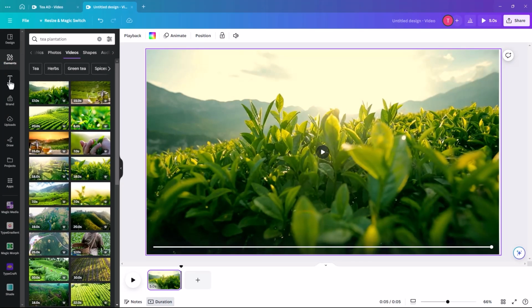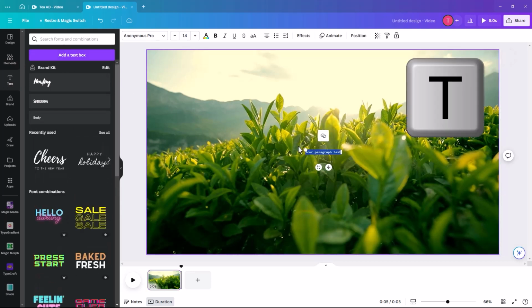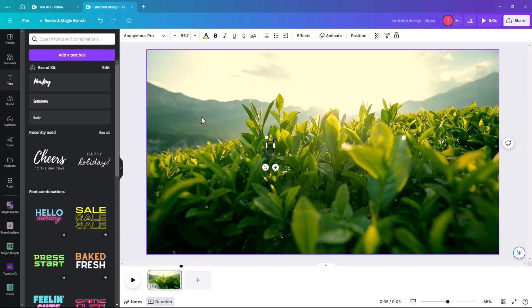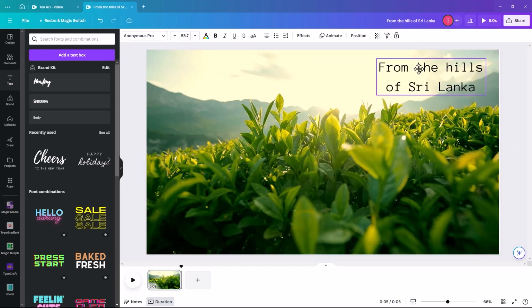So the next thing we're going to do is add some text. You can click on text and add a text box, or you can just hit T on your keyboard and it will add a text box for you. So we're just going to key in the hills of Sri Lanka, because lots of tea comes from Sri Lanka. I'm just going to make it smaller and put it over here. So we're just going to align it,